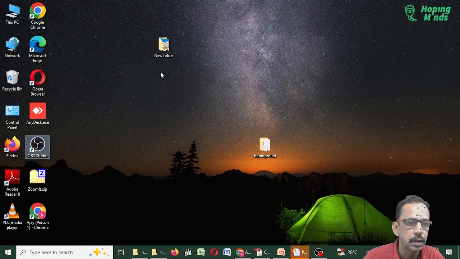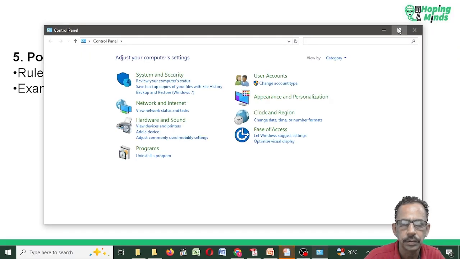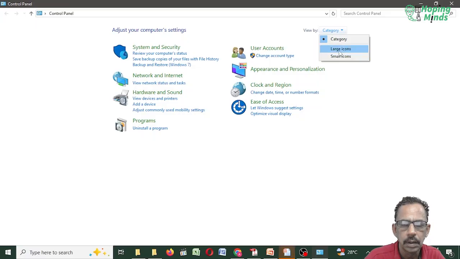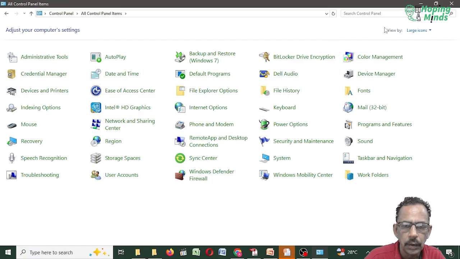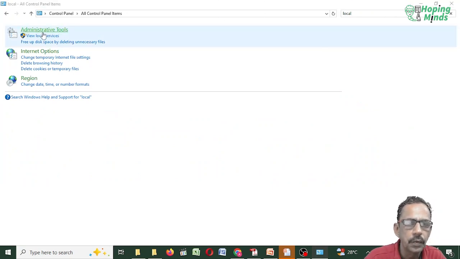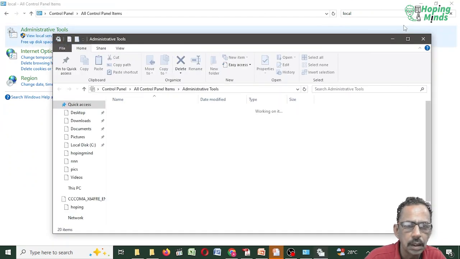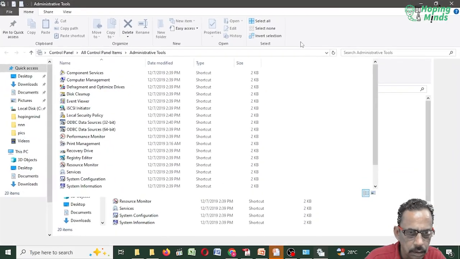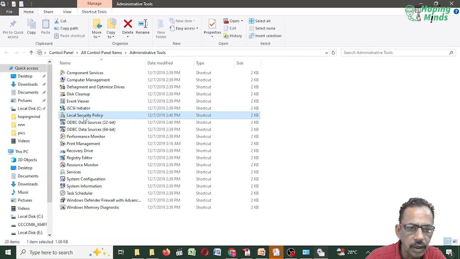Let me show you. You go to control panel. On my machine, I'm showing you. Here, administrative tools, and there should be local policies. Local security policies.